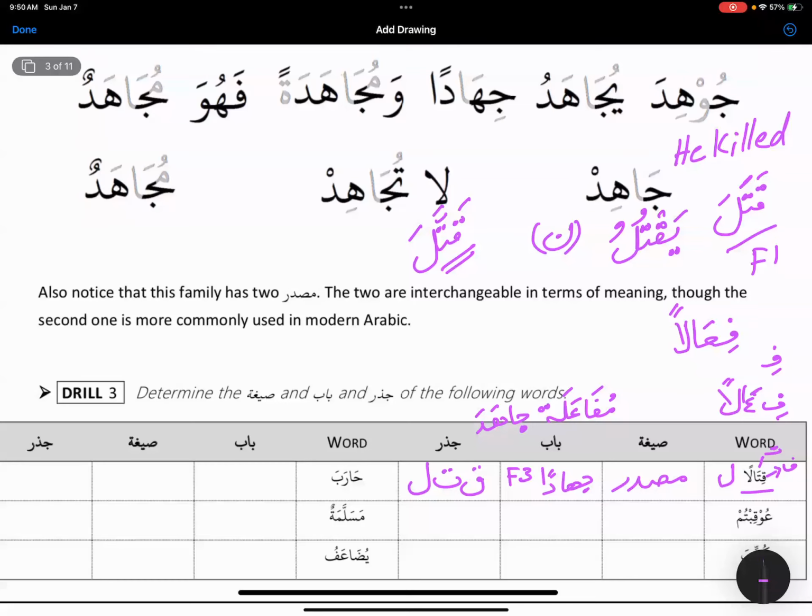And now comes our third family. How are we going to turn it into the jahada family? Qatala. Qa, right? So we need to make our mouth big, long. Qatala, yuqatilu. And now the meanings are changing, right? Not completely, because when somebody is fighting, basically they are trying to kill each other, right? So there are some meanings in there. It's not totally changing. So qatala means he fought.